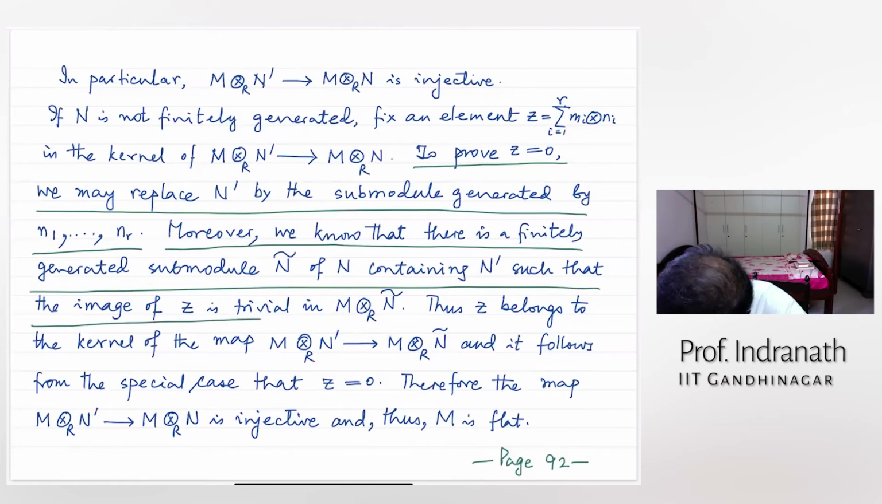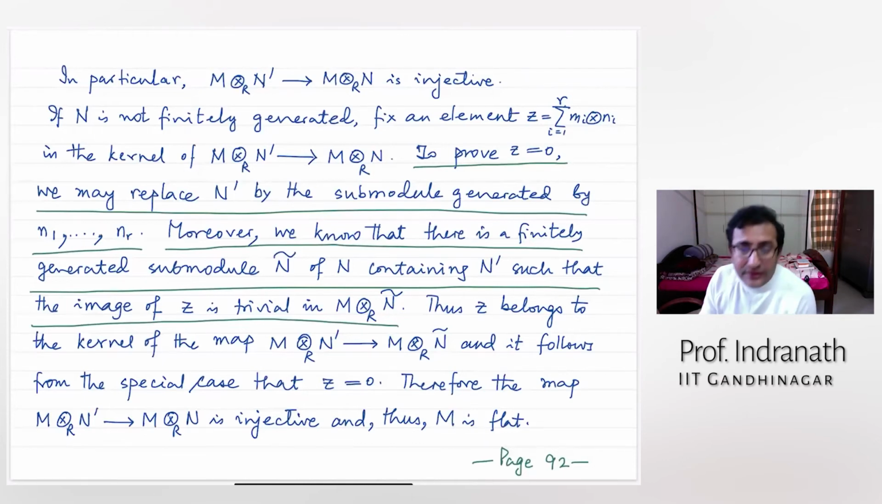Such that the image of Z is trivial in M tensor N dash. Thus, Z belongs to the kernel of this map. Fine. And it follows from the special case that Z is equal to 0. So therefore,